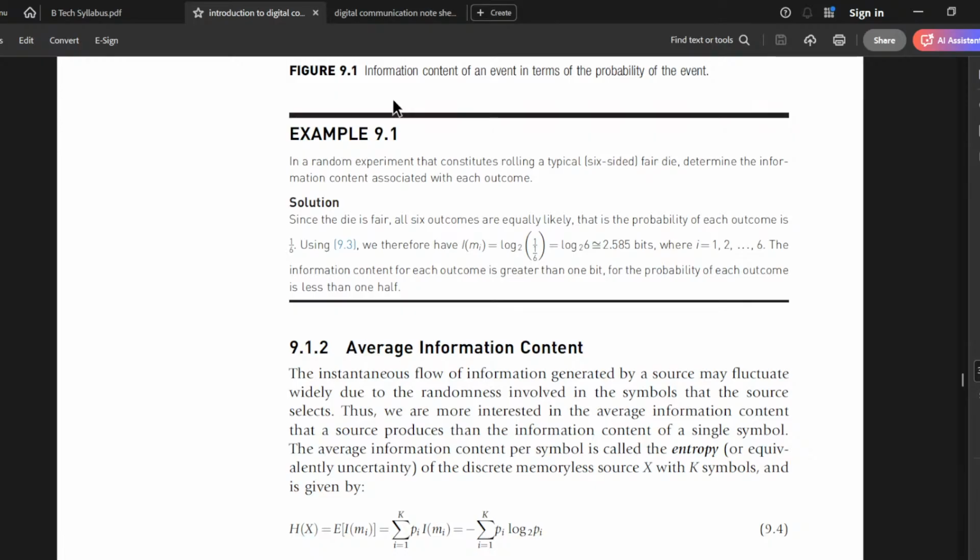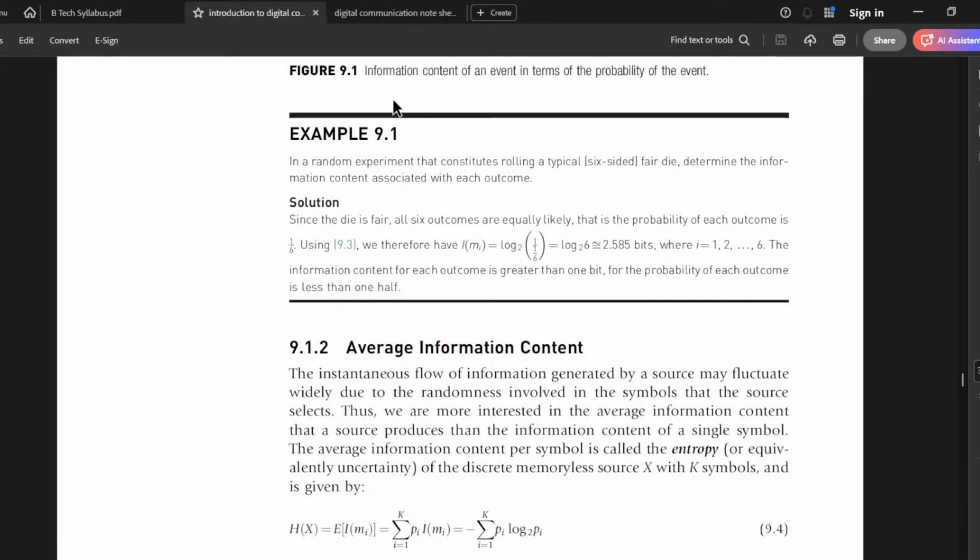A random experiment having a six-sided fair die. Determine the information content associated with each outcome. Since the die is fair, the probability of each number will be 1 by 6. Okay. Therefore, using the formula